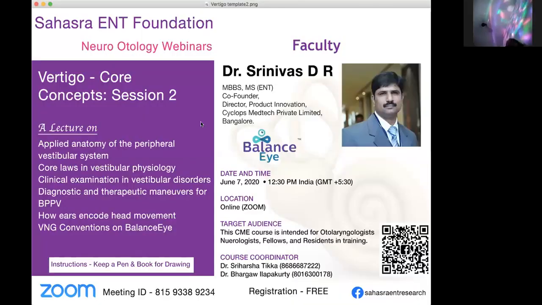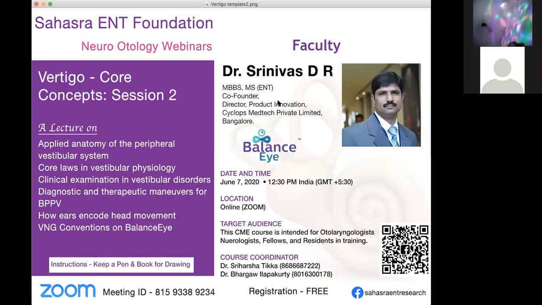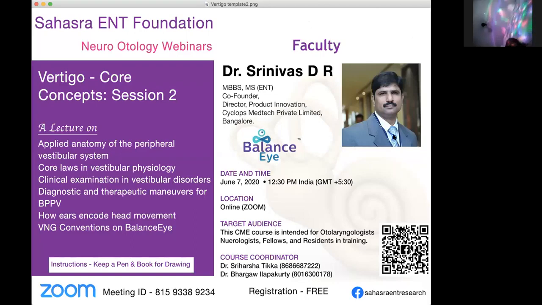Motion sickness will be there. There will be photophobia, phonophobia, and on VNG we can see that the subjective visual vertical is deranged, and the optokinetic test is also not very well tolerated by vestibular migraine patients. There are many other features also, but mainly these features we see.